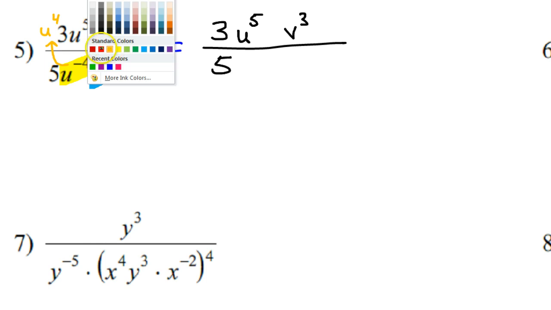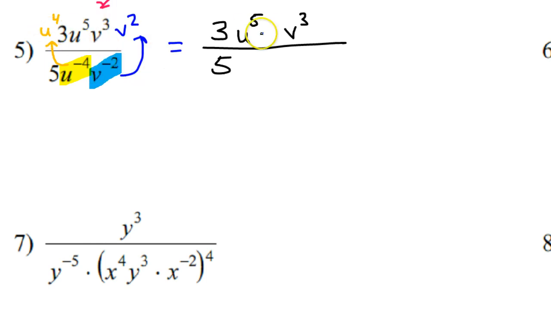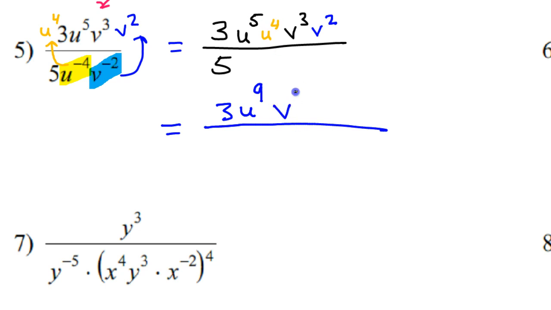Now, I have these things that moved up. So I had the u to the 4th power that moved up, and I have the v to the 2nd power that moved up. Okay, now I can just simplify these things, and really this is going to be the final answer. So I'm going to have 3 u to the 9th power, because the way we add, and then v to the 5th power, and then over 5. So that is the final answer